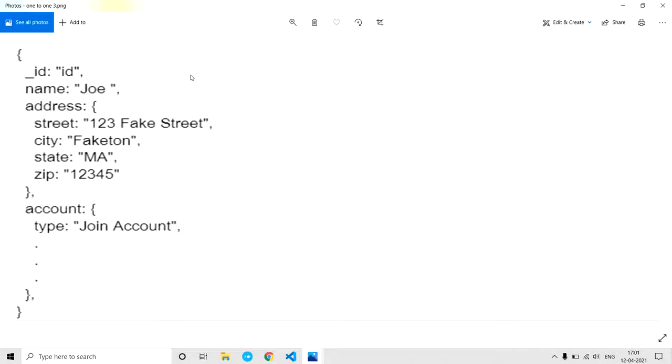table, guys. So if you have tables, and if you want to paginate these things, then my suggestion is that don't follow embedding in those cases. Let's separate them into a separate collection, so that we can easily paginate there, because we can access the address collection and account collection individually.